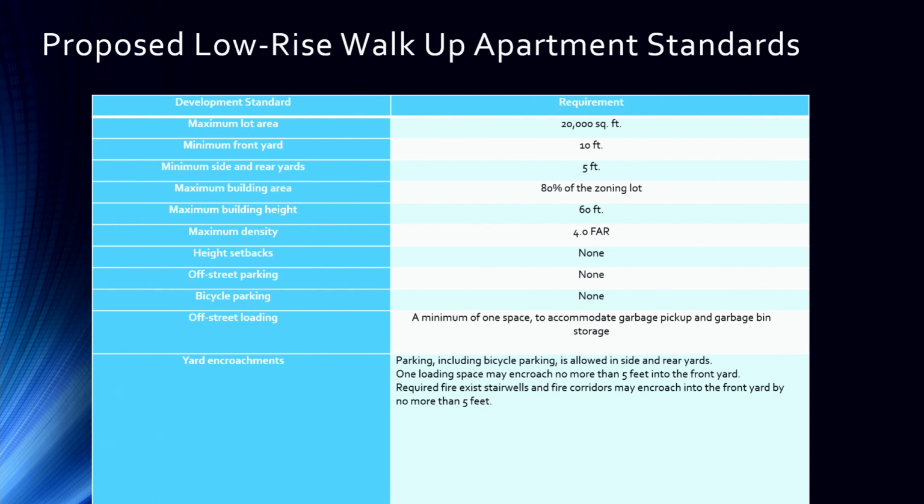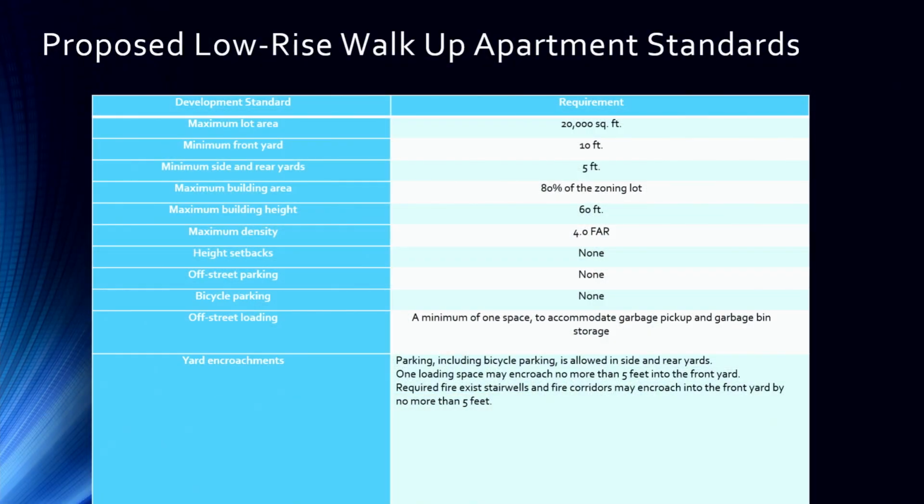So the specific proposal we had actually came from developers to say we need to redevelop these low-rise apartment districts to allow for higher heights, greater heights, and greater density. So bringing the data in as the baseline for what we want to study, we find that lot area size, building height, and the maximum density, the 4.0 floor area ratio, FAR, was significantly higher than what we had in our previous standards.